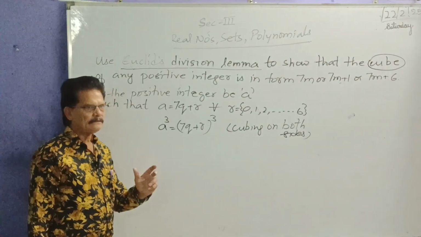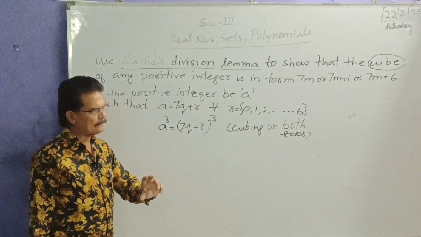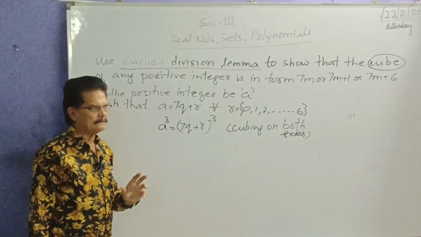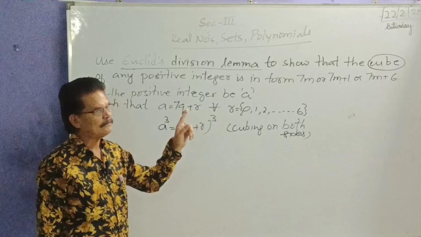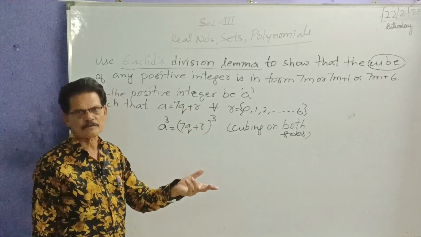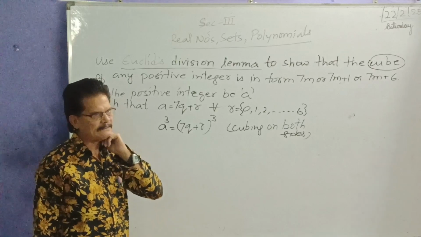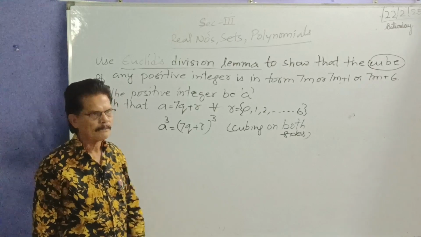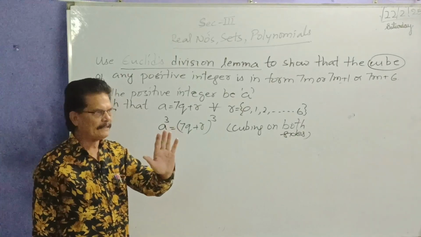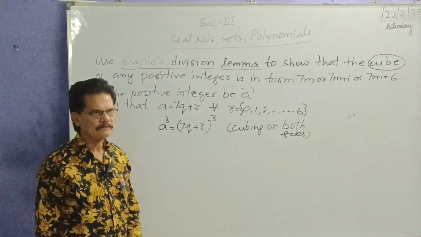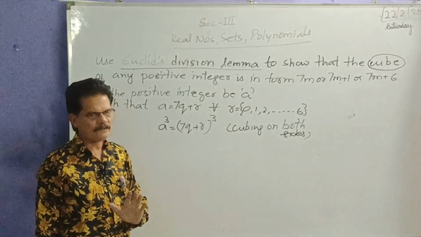Now, here the better half of the students and the worse half of the students are decided. The better half of the students would know the formula for a plus b whole cube, and the worse half will not know it. I suppose that being in 10th class, you should be well aware of that formula. What is a plus b whole cube? We have to go very carefully, very correctly, very accurately.